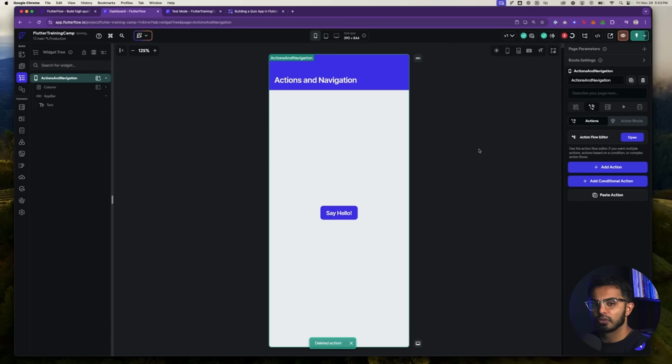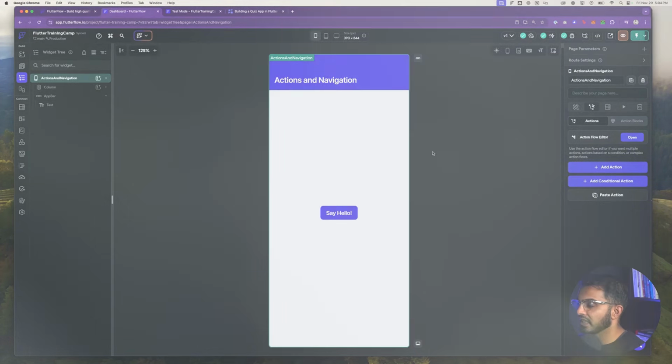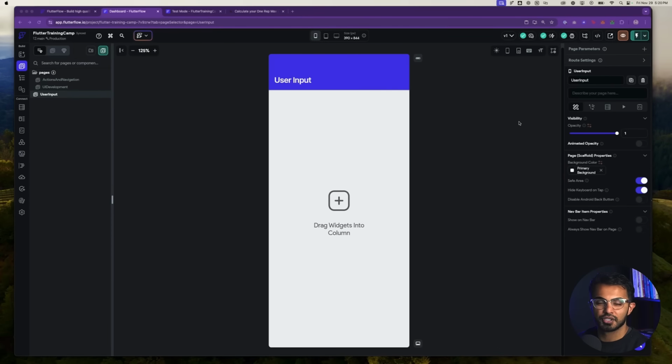So at this point, you know the basics of actions, how to trigger an action. You can do it on button tap. You can do it on page load. And in the next section, when we talk about user input, we're going to combine a couple concepts together. We're making great progress. There's just a few more key concepts that we need to cover before we start working on our sample projects. Let's jump in to talk about user inputs.